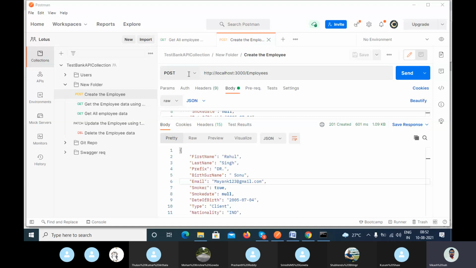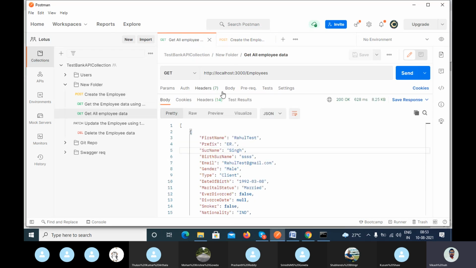Okay. So in the case of the POST method, I am again repeating, we can get 200 OK also and 201 created also, depending on the requirement. Whatever the requirement, the developer has to implement the same.